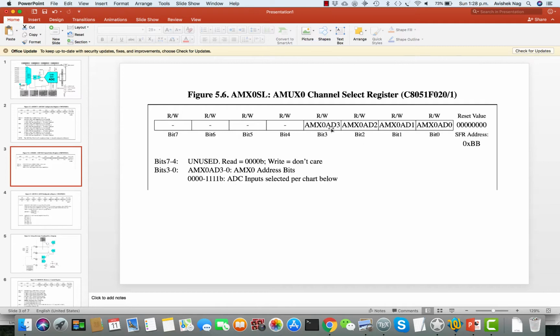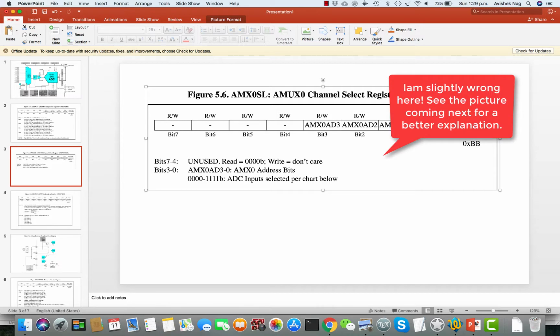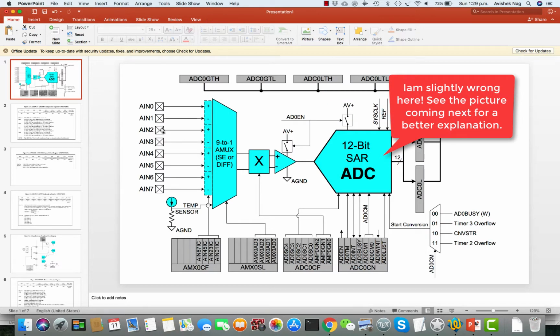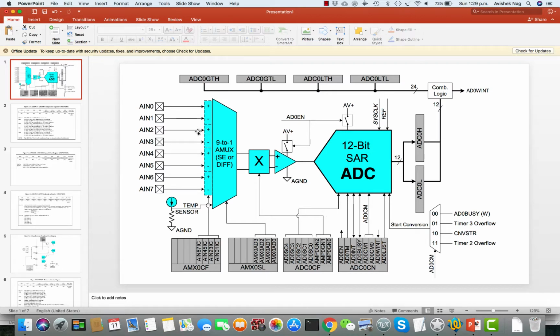You can put 0000 to 1111, and each has different functions. But let's say you want to choose input 2 here,